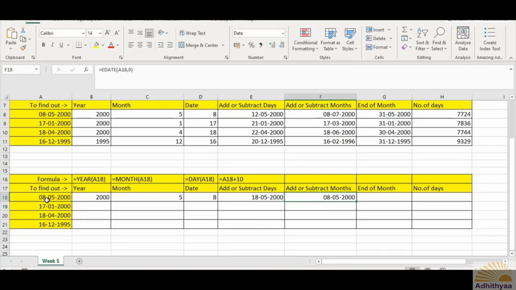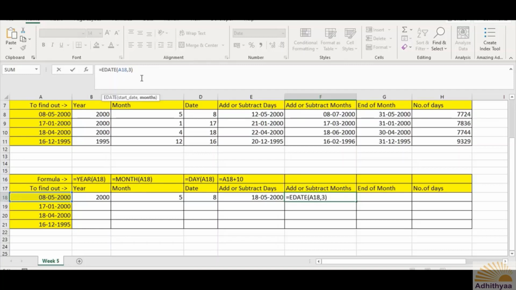From 8th May, if you put 0 here, nothing gets added and you receive the same date as the answer. So press F2 and replace the 0 with either 1 or 2 or 3, whatever it is. You can press 3 for example.